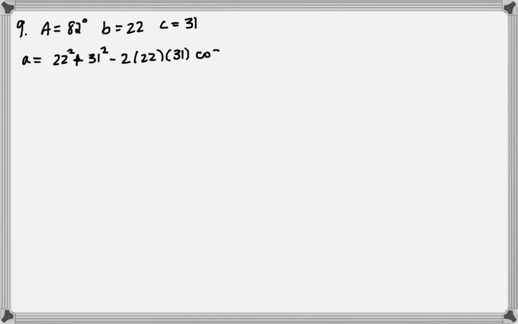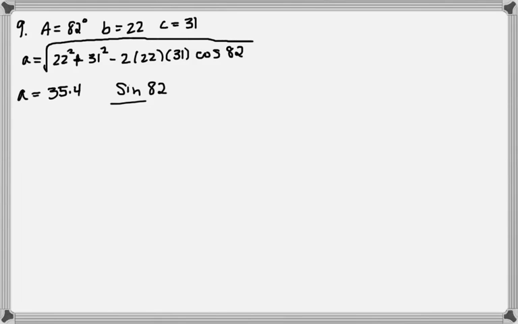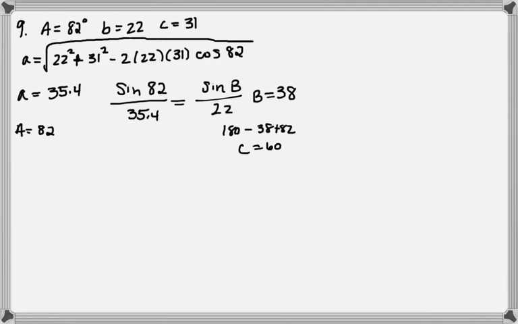Let's go on. The next part is number 9. This one's law of cosines again. Shouldn't be really much of a big deal. This is just the straight law of cosines. The good part about law of cosines is it's predictable. It's the same thing every time. I find a side or an angle, and then I find the other angle, and then I'm pretty much done